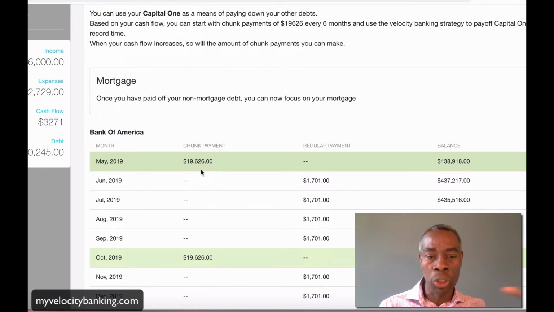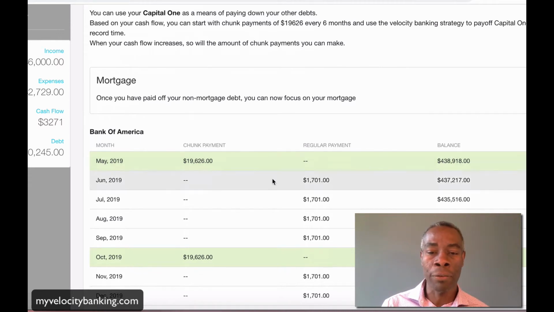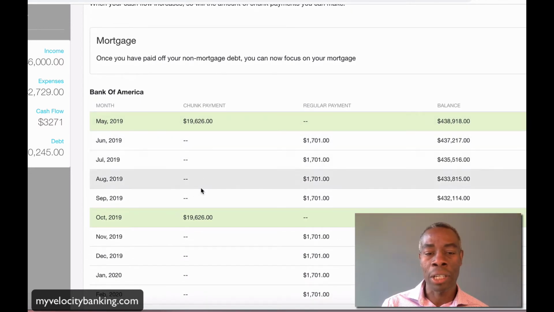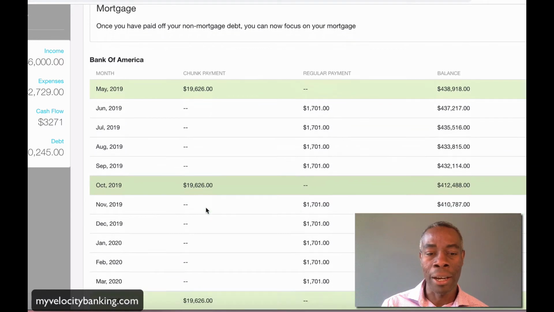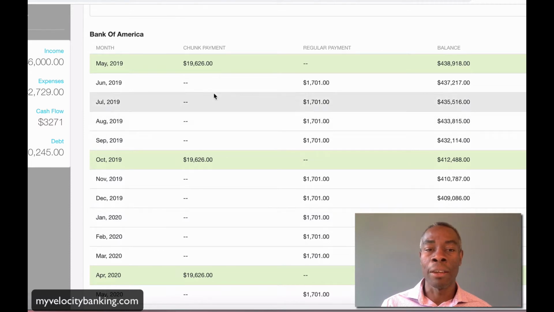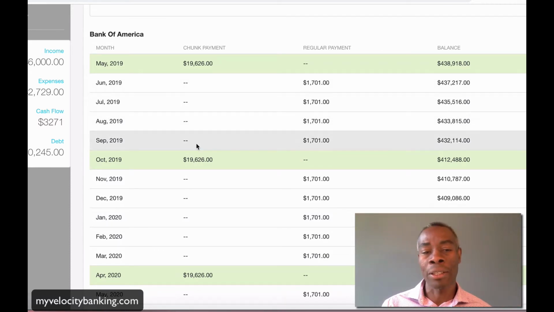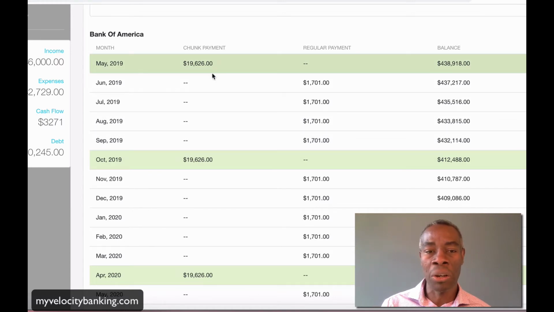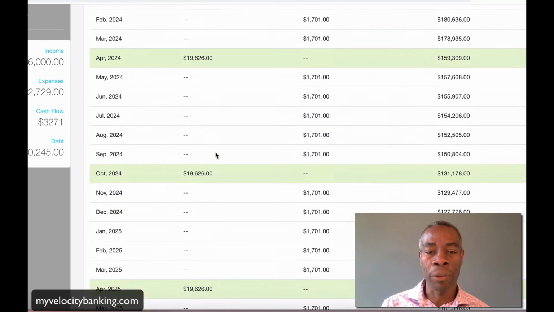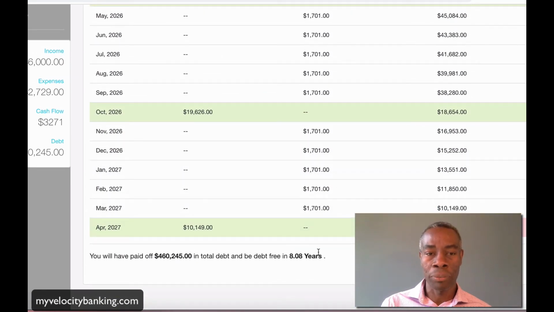She'll take the whole chunk payment, the $19,000 from her Capital One card, and make a chunk payment towards her mortgage. Every 6 months, she'll pay off that card and start over again with her cash flow. In Joan's case, because she has an extra $800, she'll probably pay this off faster. But in this scenario, this is very conservative. She'll make these chunk payments every 6 months, she'll pay it off, and we'll see that because she's